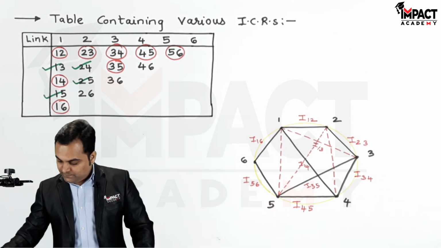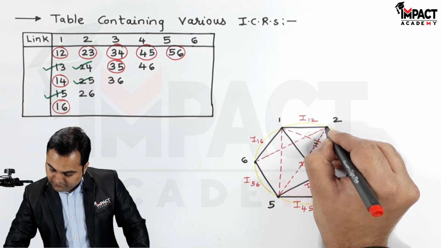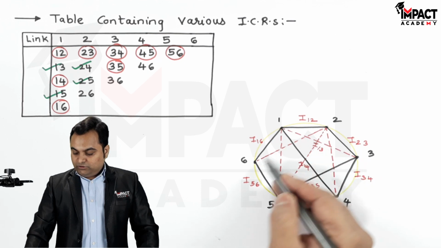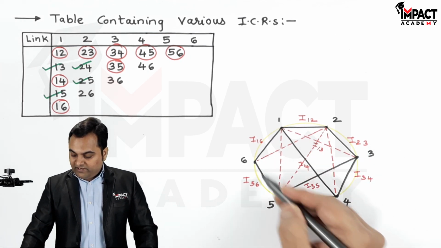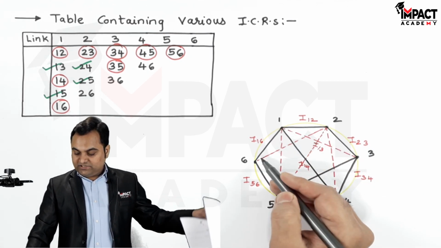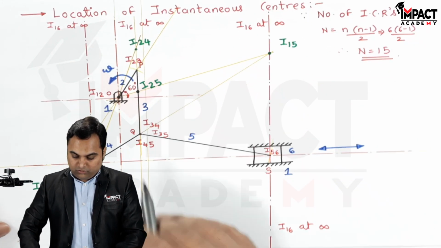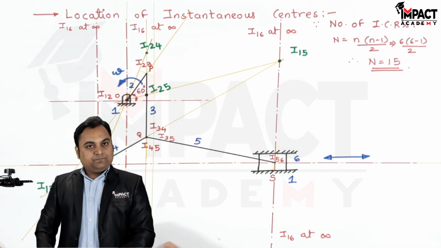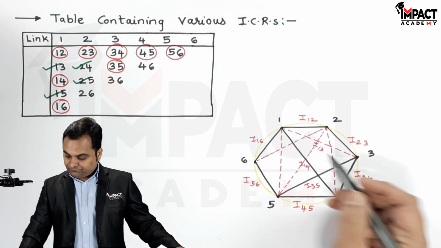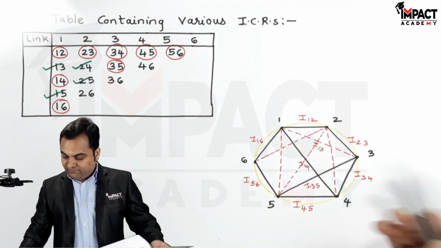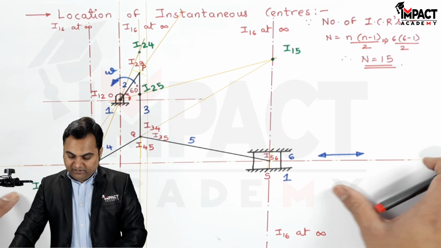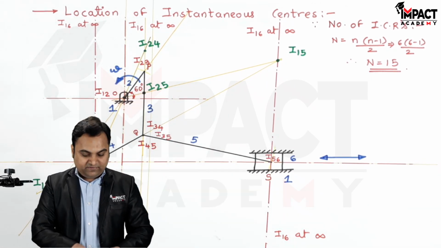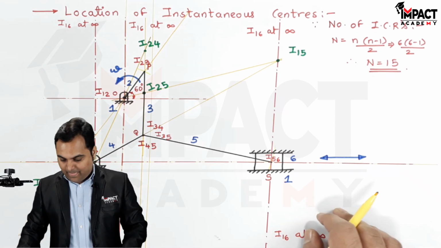So for 2, 6, connecting 2 and 6. Now it is also forming 2 triangles, that is 1, 2, 6 and 2, 5, 6. So 1, 2, 1, 6. Here we are having I12. 1, 6 is already passing through it, which is at infinity. Then 2, 5 and 5, 6. 2, 5 has already been located over here just now, and connecting it with I56 would give me the next ICR,